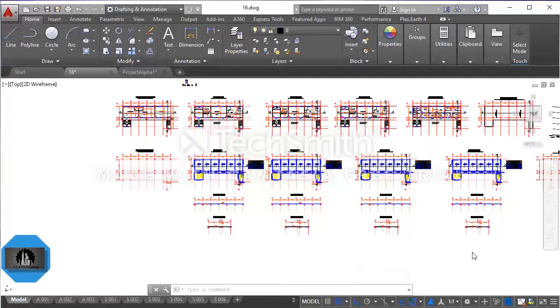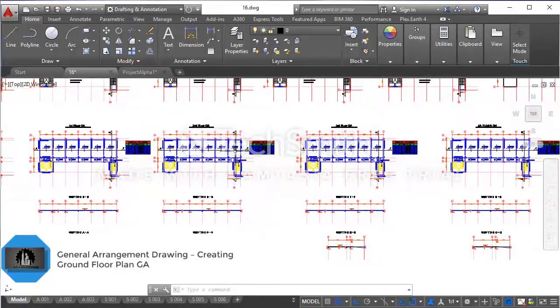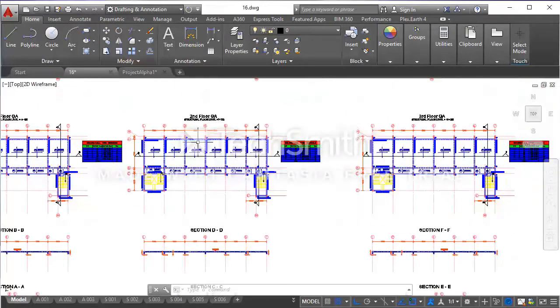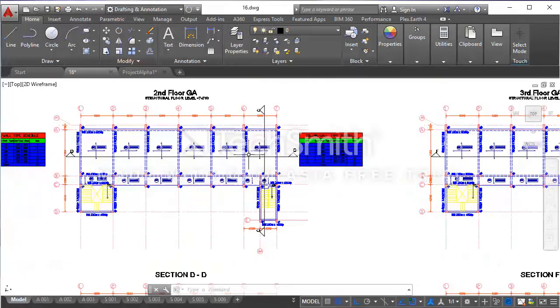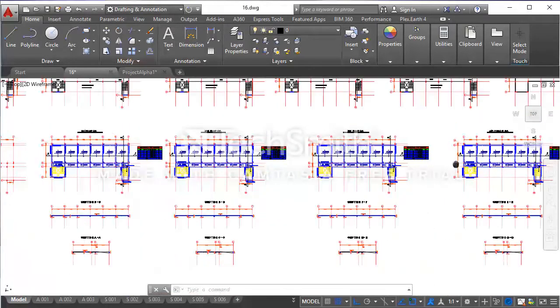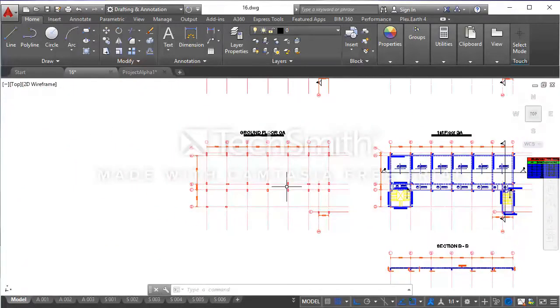In our last tutorial session, we duplicated the second floor gen element drawing, the third and the fourth floor gen element drawing from the first floor gen element drawing, and after duplication, we made some edits to the drawing to denote the features of this second, third, and fourth floor gen element drawing. In this tutorial session, we are going to duplicate the ground floor gen element drawing from the first floor gen